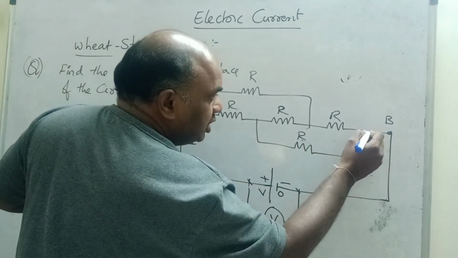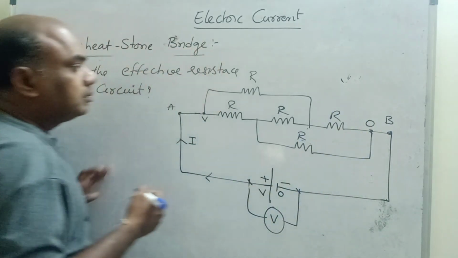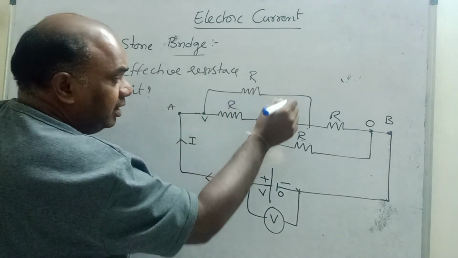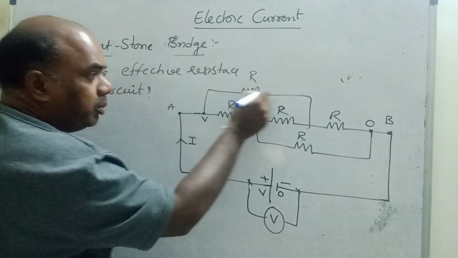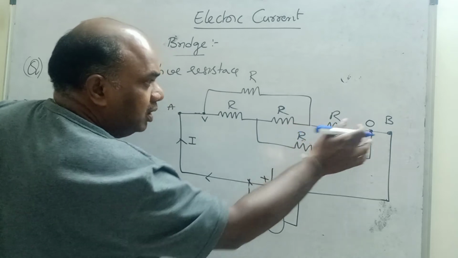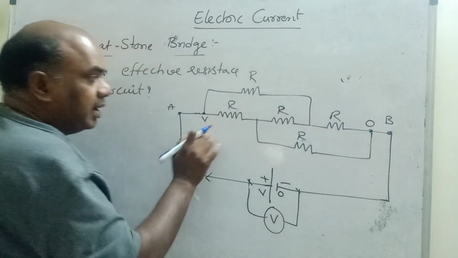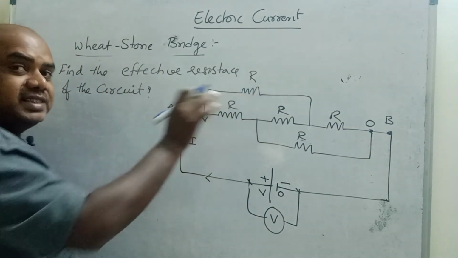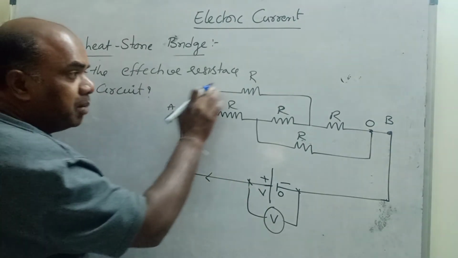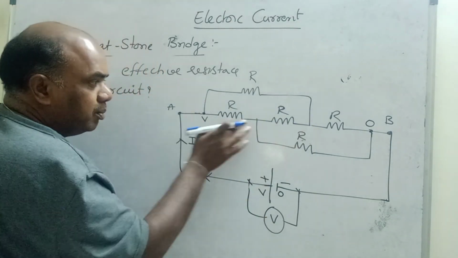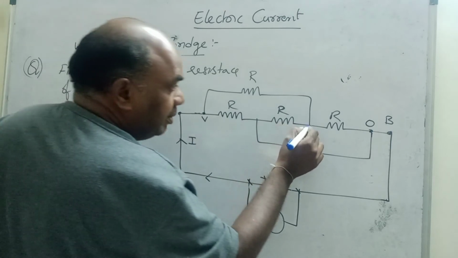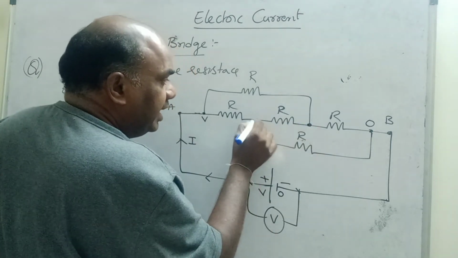Whenever the potential difference V comes here, here also it shows potential V. This 0 potential shows here. But in between, if there is a resistor, the V potential does not exist here. Zero potential does not come here. Why? Because there is an obstacle. Resistance is opposing the electrons. So the same potential does not go to this side or this side. That means here the potential is dividing.